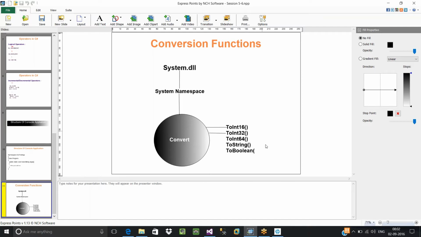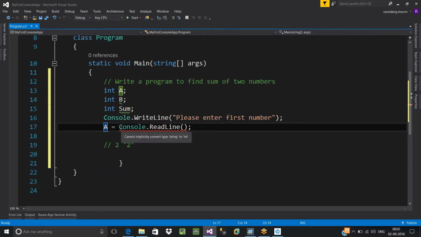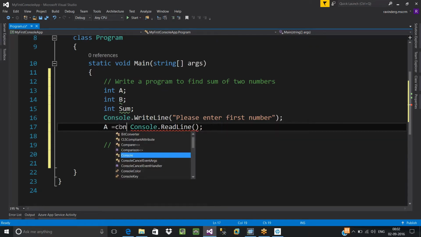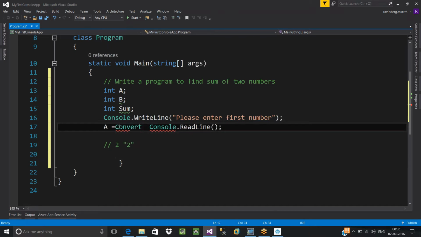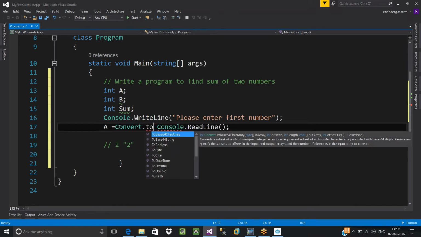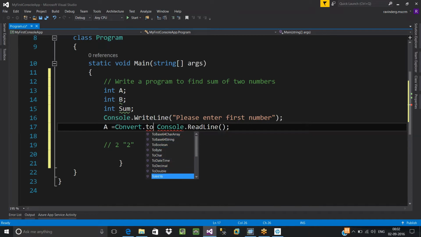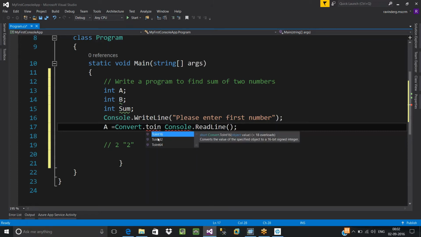So like this, here I have mentioned only a few functionalities. For each and every data type, there is an equivalent functionality available under the Convert class. Okay, so let's convert this into the Int32 data type. How to use this? What is the class name? Convert dot. See, here you can see all the methods: ToBoolean, ToByte, ToChar, ToDecimal. Some special data types are also provided here. Later we'll see that. So ToInt32